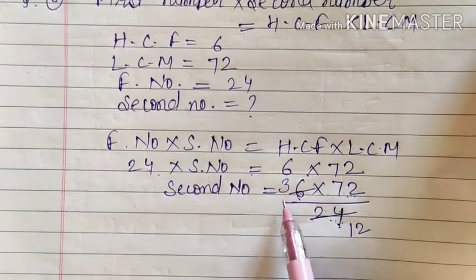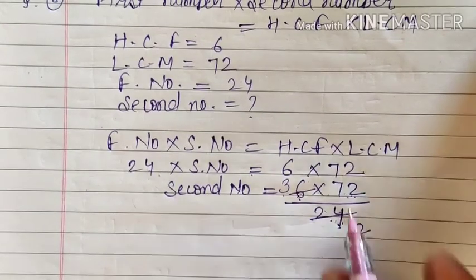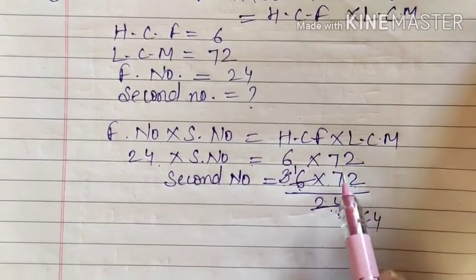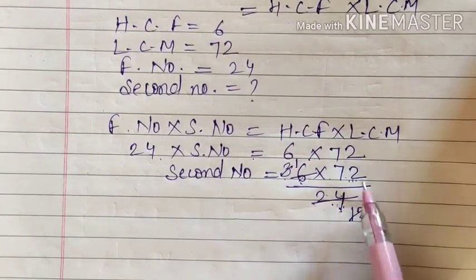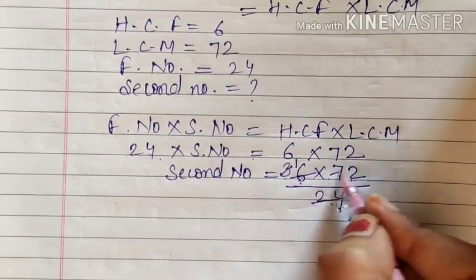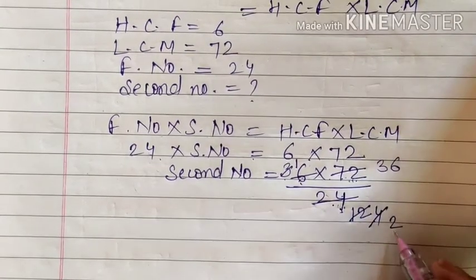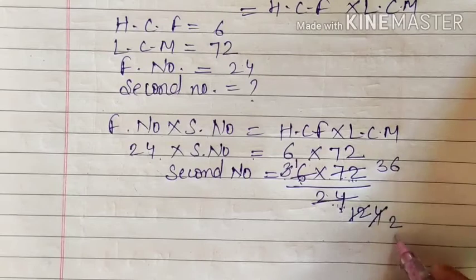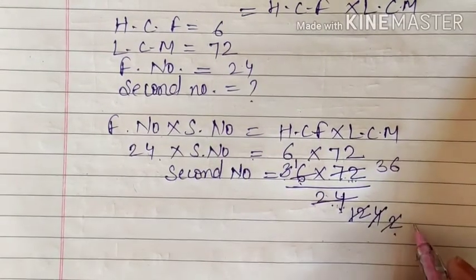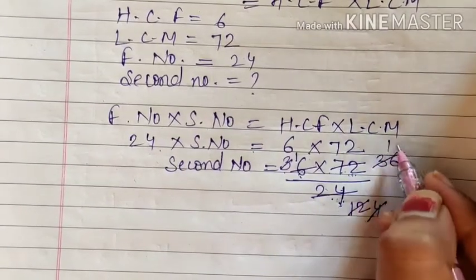Now you see 3 is divisible by 3 and 12 is also divisible by 3. So 3 ones are 3 and 12 means 4 times. Now you see 72 and 4 both are divisible by 2. When you divide 4 by 2, you will get 2. When you divide 72 by 2, you get 36. 36 is divisible by 2. 2 is also divisible by 2. So when we divide 2 by 2, we will get 1. Similarly, when we divide 36 by 2, we will get 18.